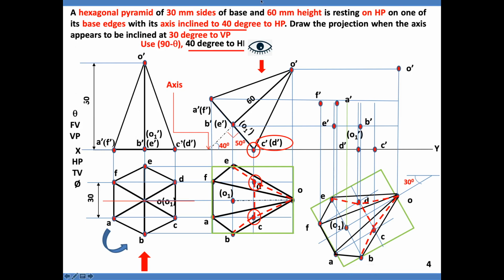Now as I told, the nearer to the observer is visible, away from the observer is invisible. God has given 2 eyes. I have kept one eye here, another eye will come here. Please see the cursor. This is where the observer sits. What all the observer can see is visible in the sixth view, and what cannot be seen by the eye is invisible in the sixth view.